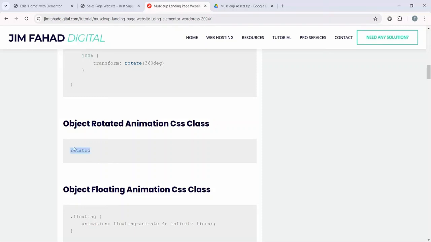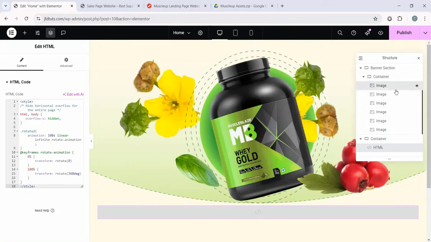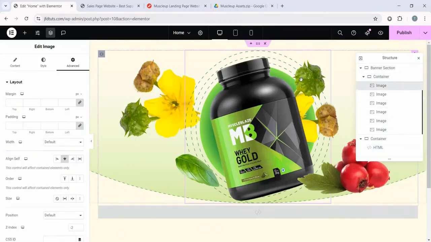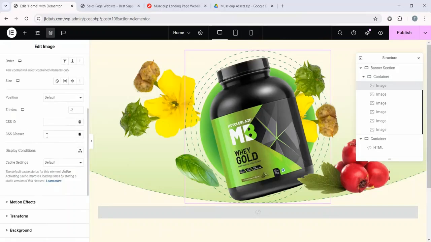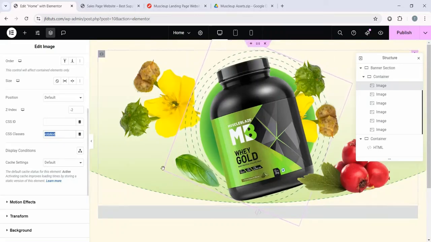Just copy this rotated text, go back here and select this first image inside this container, which means this circle nice image. Now scroll down and under this CSS class, just paste the class name. And after pasting, it is giving us a really nice rotation with this image. How cool it's looking. And the interesting part is you can actually use this class on any element on your